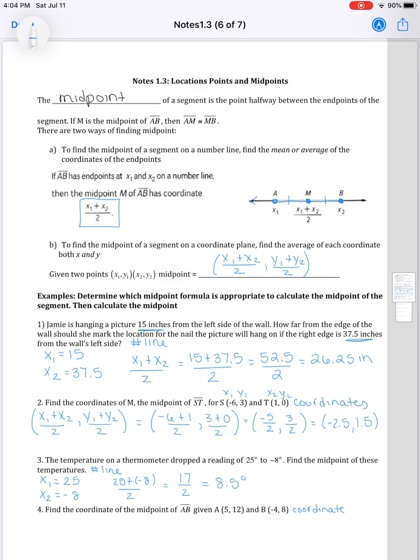For 4, we're given actual points, so this is our coordinate approach. And we're going to label x1, y1, x2, y2. And the formula, like in 2, says that we take the x's, 5 and -4, add them up, divide by 2. And we take the y's, 12 and 8, add them up, divide by 2. So 5 and -4 gets me 1. 12 and 8 gets me 20. And when I simplify, I get